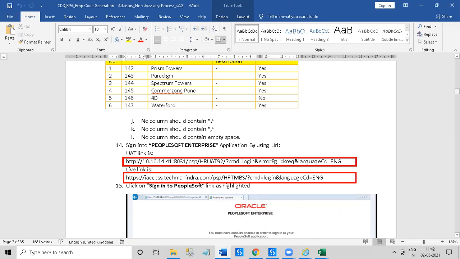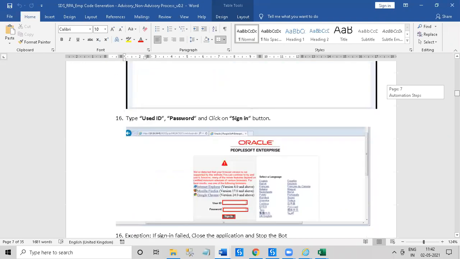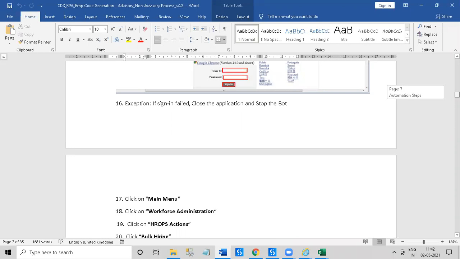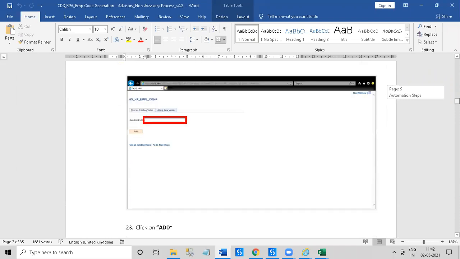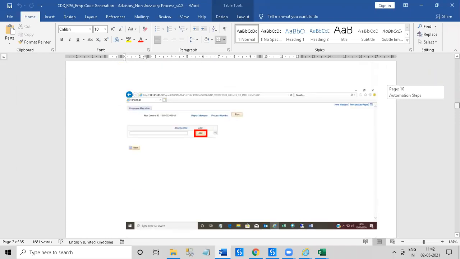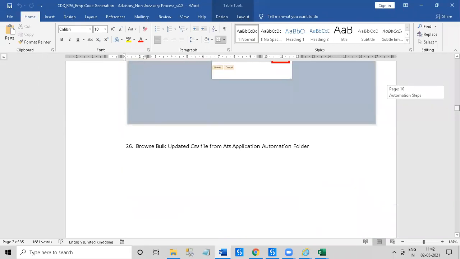And then finally, what will the bot do? It will generate an Excel sheet in CSV format, which is going to be browsed by this Oracle based application. This Oracle based application is responsible for generating the employee code along with some Excel sheets like the success file employee and error file employee. So look, I will show you. This is the process where the bot is browsing all this data.